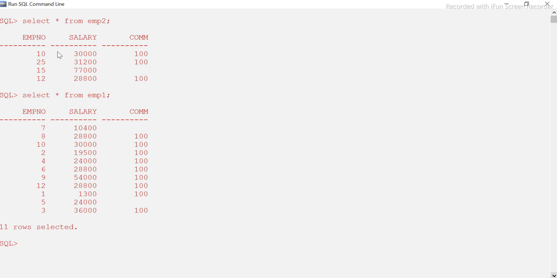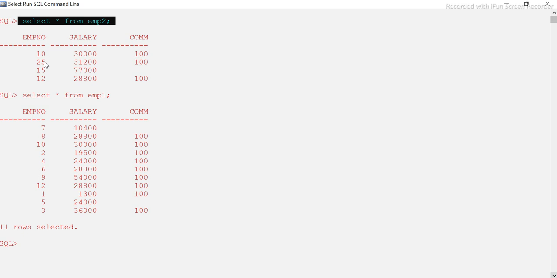What is common, guys, or not common? Common are 10 and 12 only. So if I say select star from EMP2 minus select star from EMP1, this 4-record table will be the base, and from these 4 records, whichever are matching records in this particular table, only those will be subtracted.